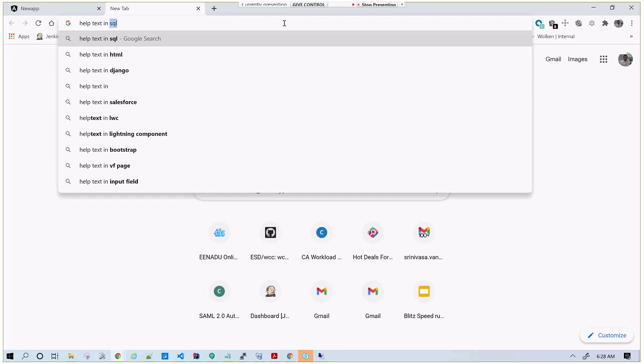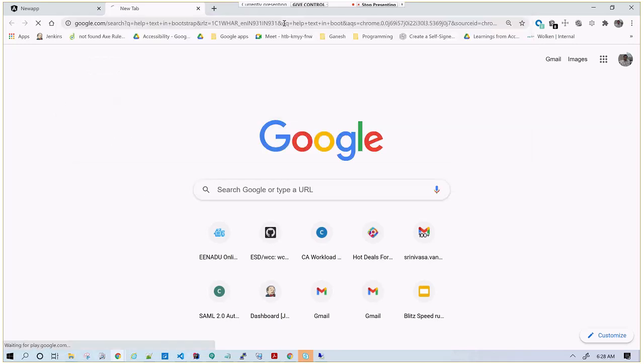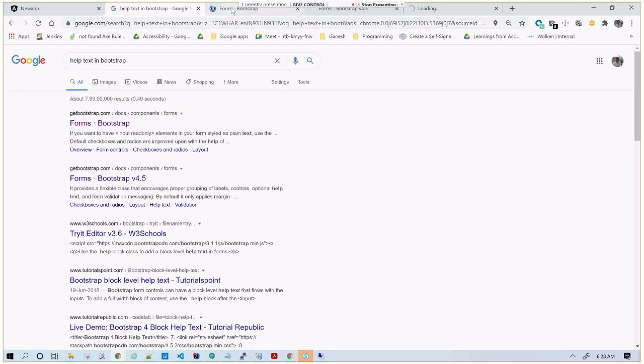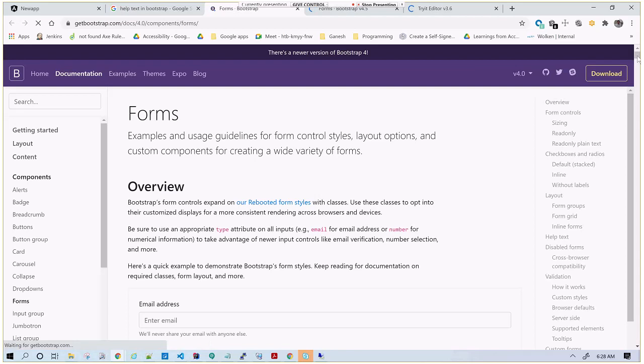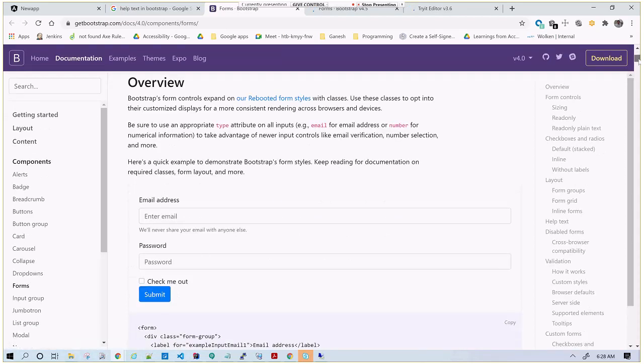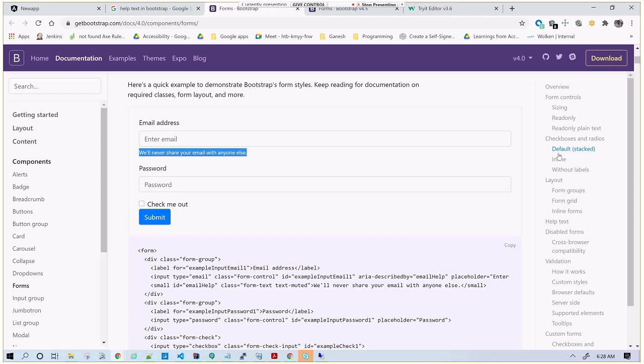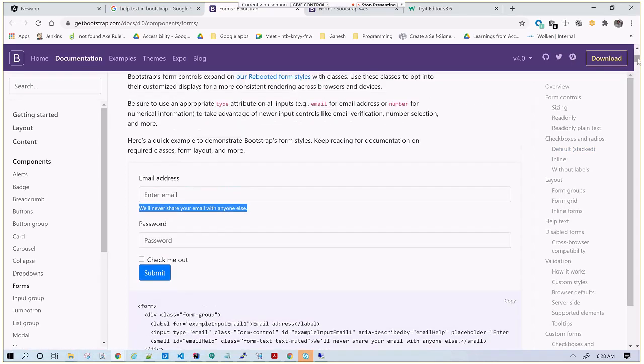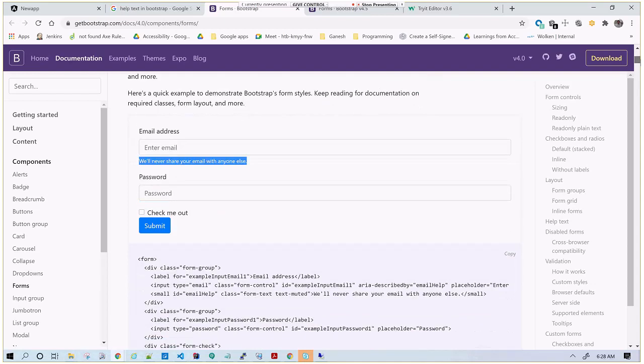Help text in Bootstrap, maybe AngularJS, I don't know which. Yeah, we are using CSS like this. But it won't show up by default.